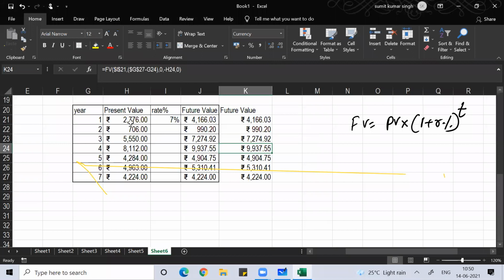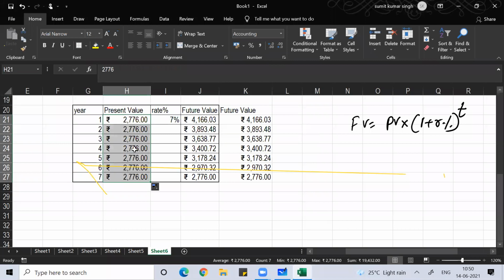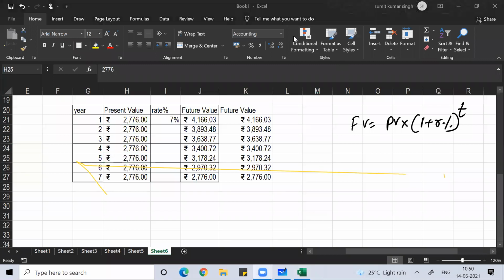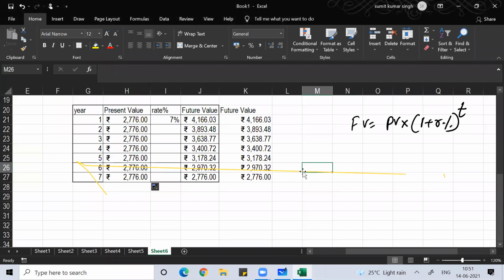this present value, suppose if I make this present value same only, if I make this present value same, now this becomes the example of annuity. Can you understand this? Now this is a classical example of annuity. So what I did, I made this present value same in all the scenarios. Now this becomes a classical case of annuity.